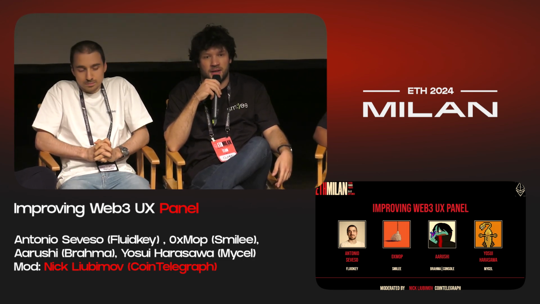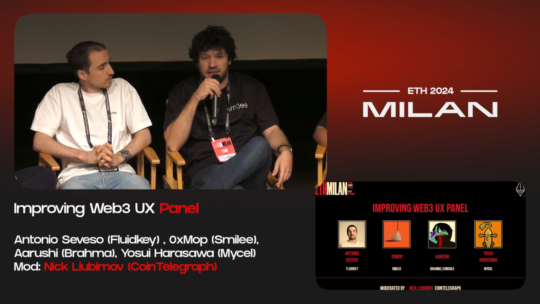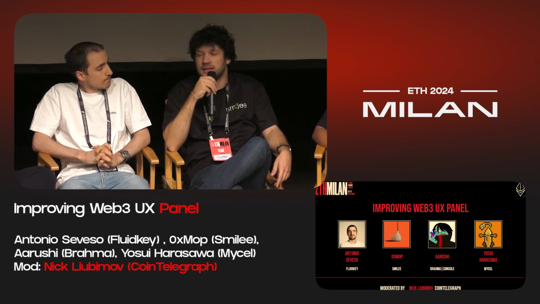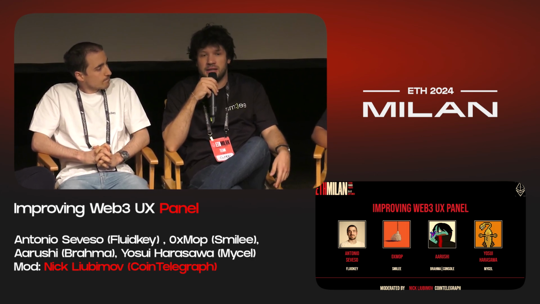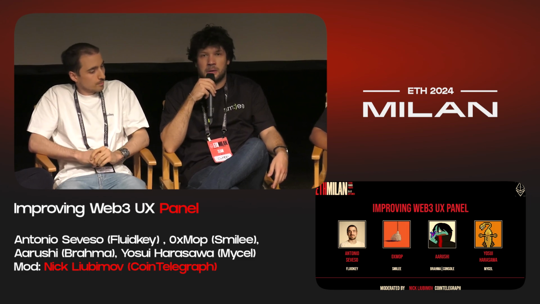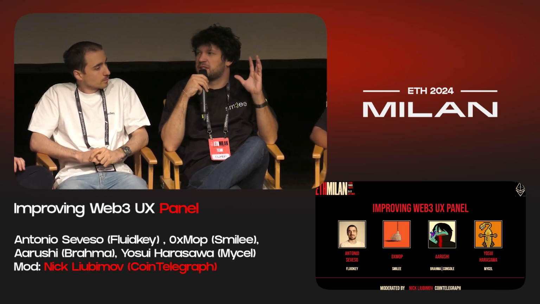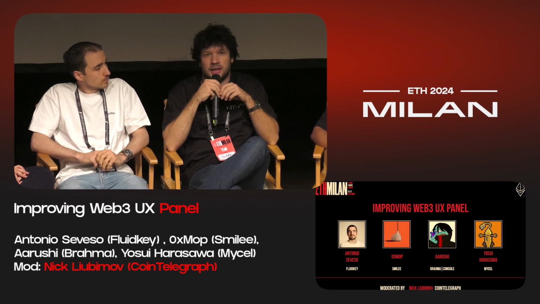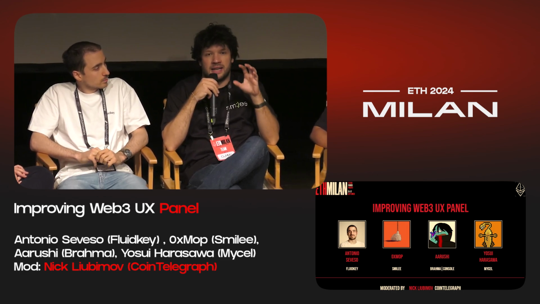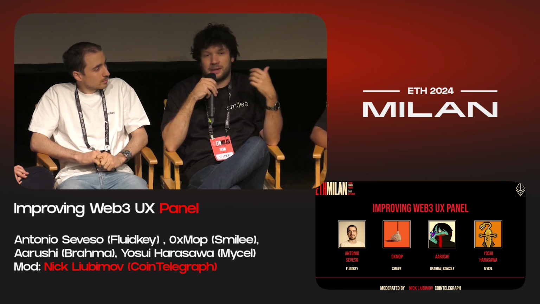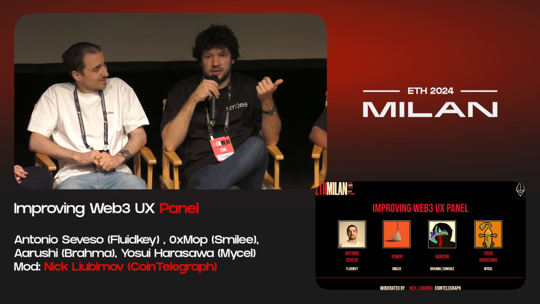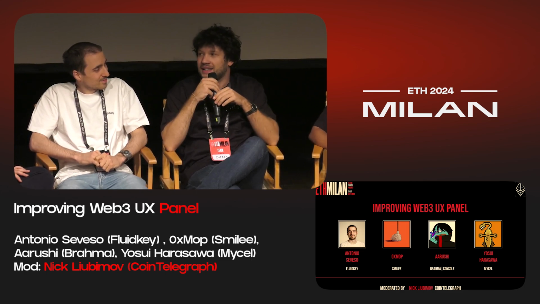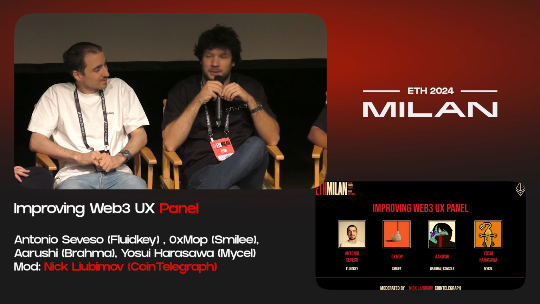Options are kind of a complex product that you have to sell to people, especially retailers, and it's pretty hard. We know that options struggled a lot in this market, but we have kind of invented a way to make them easier, because all the strike, premium, and expiry that you have to choose in other options protocols, in Smilee are all pre-built by the algorithm, and we did an interface which is similar to Tinder. So you swipe left to skip the option, and you swipe right to buy one. We try to do that in order to simplify the life of the user and to have some fun while trading.